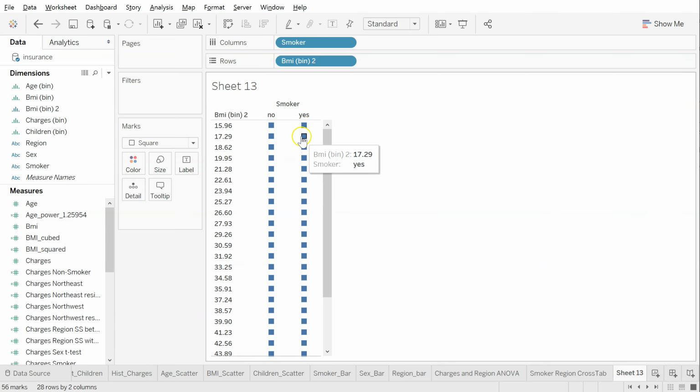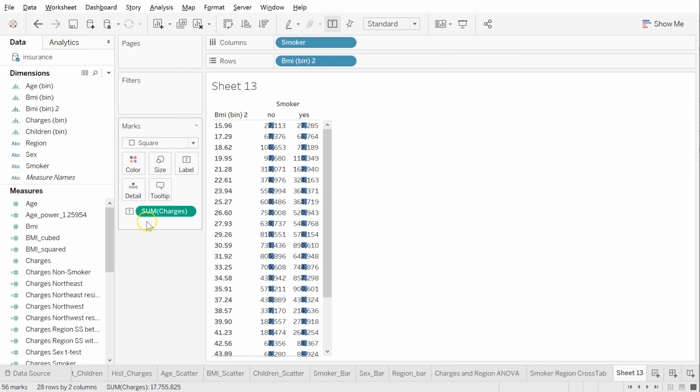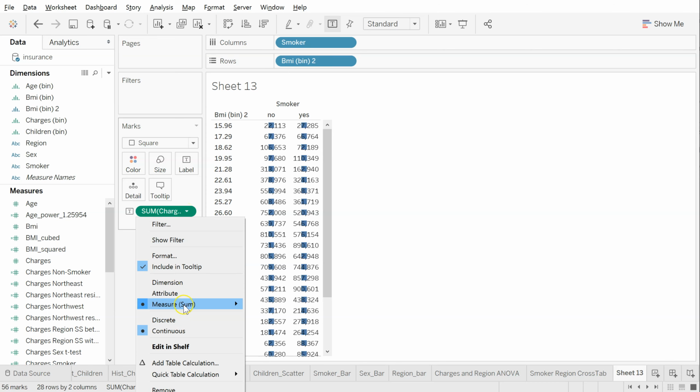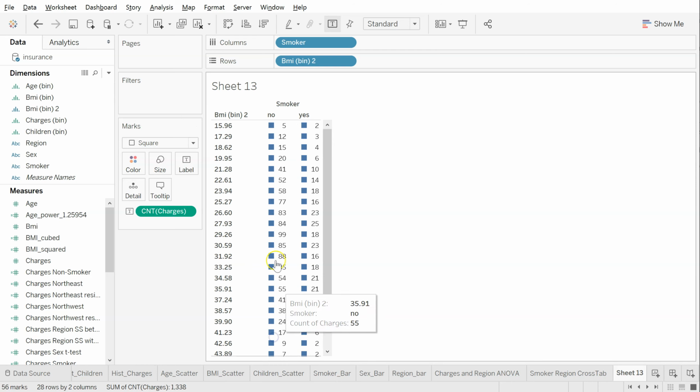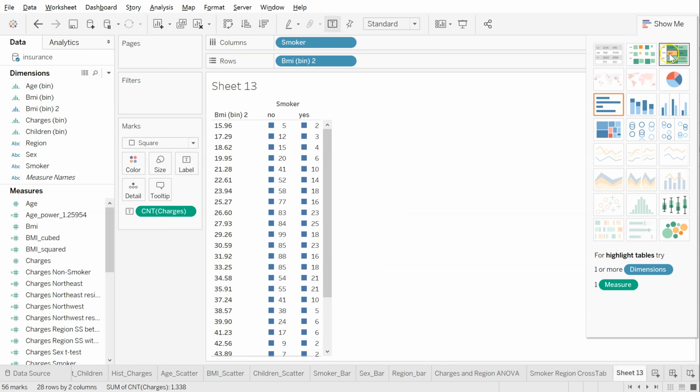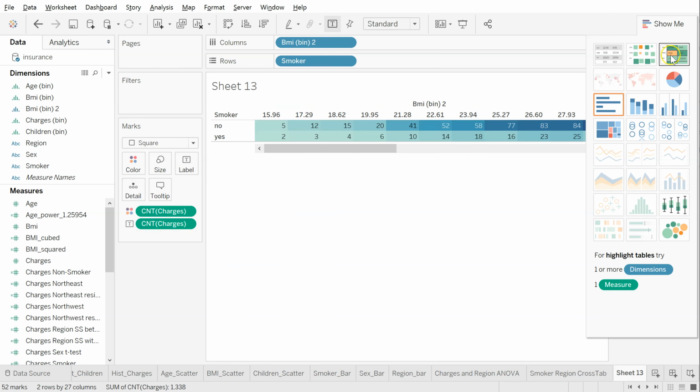Now what we need is to put a count of the number of values that are in this bin that are non-smokers and smokers. So to do that, pick any cell or any measure or any dimension, doesn't matter what it is, that has no nulls that we can count. I'm just going to use charges. I'm going to drop it on label. Okay, and I'm going to change sum to count. And we got to get rid of these little blue marks. So let's go to show me. Now that we have this, I think we can use this guy right here,